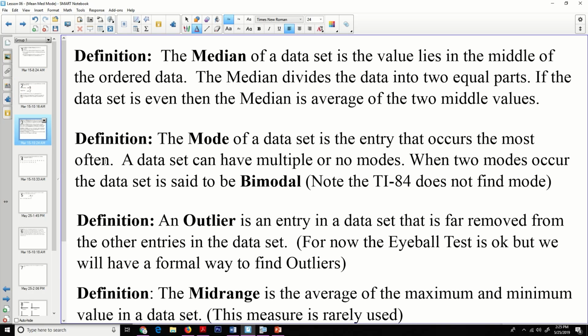The median of a data set is the value that lies in the middle of the ordered data. The median divides the data into two equal parts. If the data set is even, then the median is the average of the two middle values. The mode of a data set is the entry that occurs the most often. A data set can have multiple modes or no modes. When two modes occur, the data set is said to be bimodal. And as a note, the TI-84 does not find the mode, but there is a workaround to find the mode